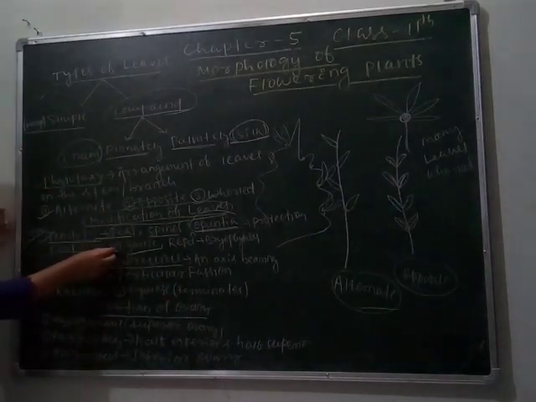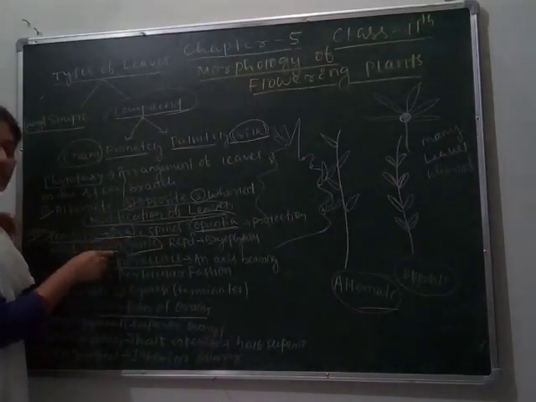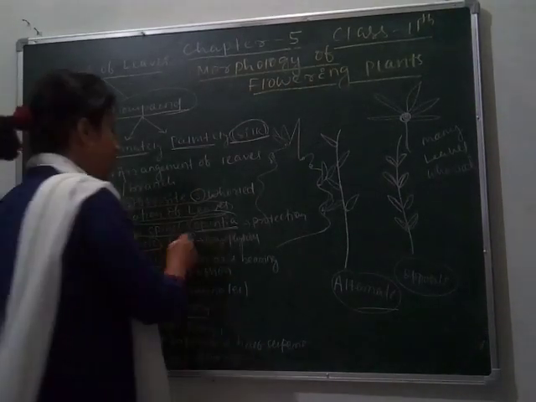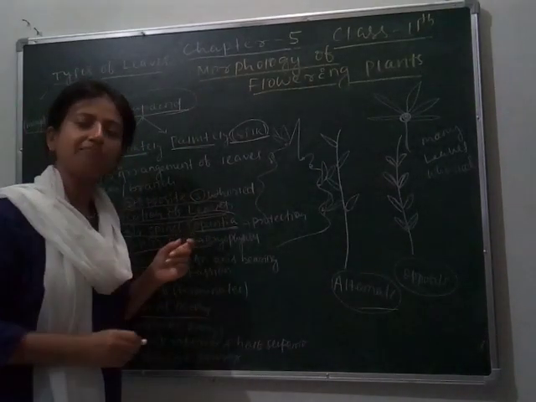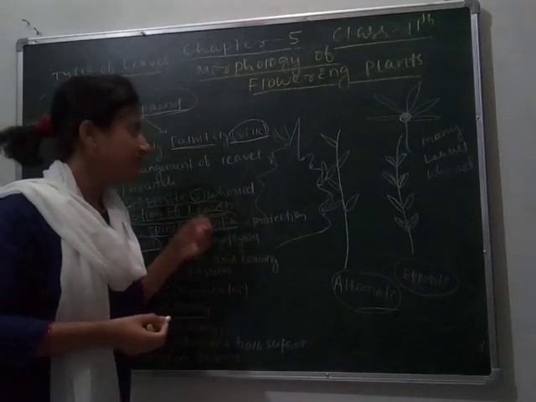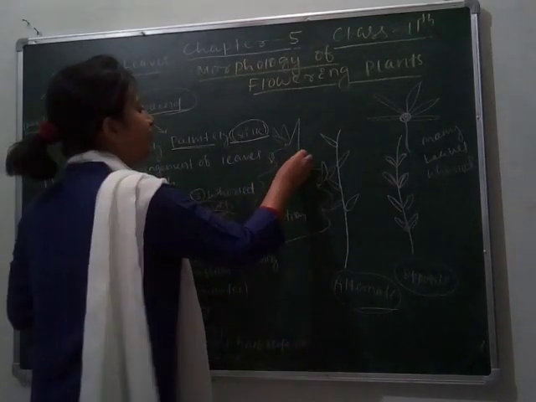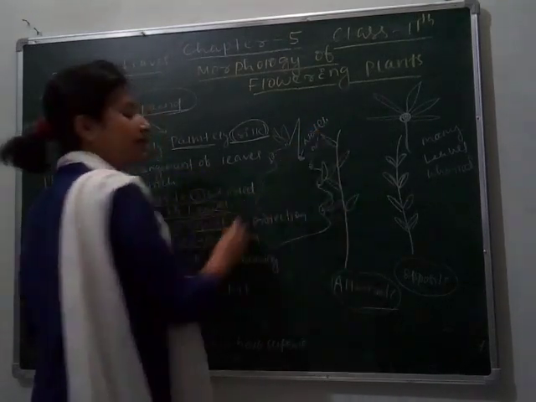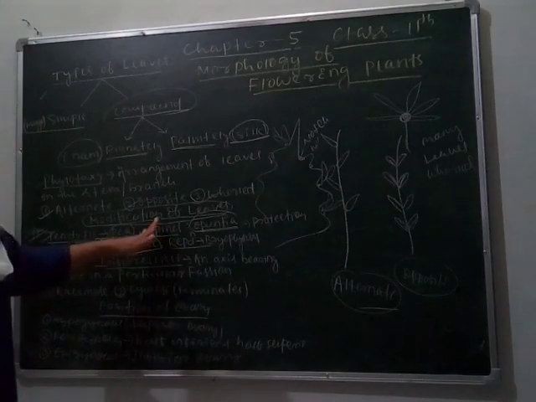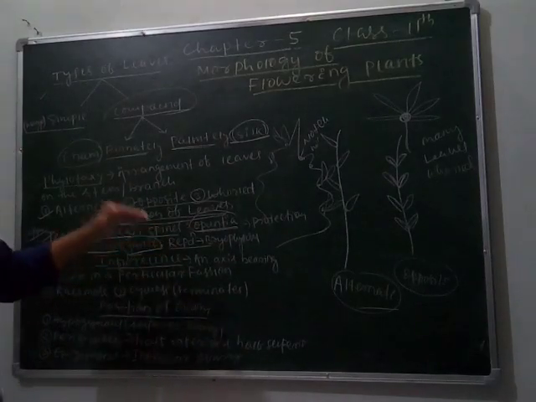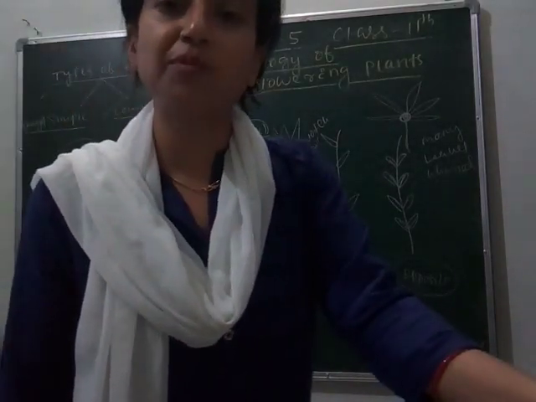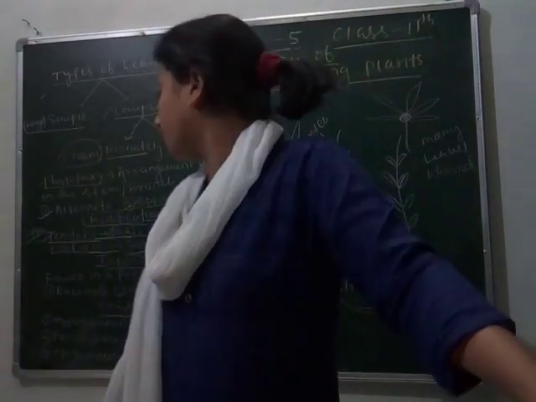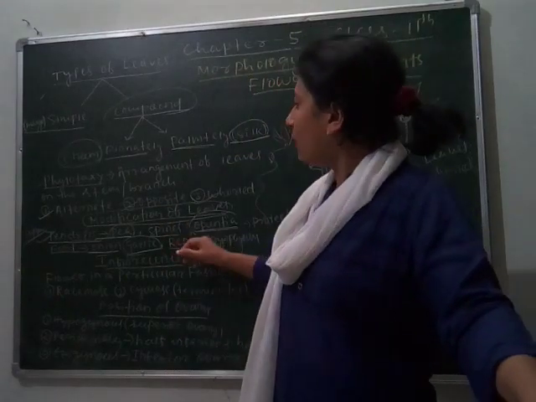Next is your onion and garlic, in which the leaf is modified into fleshy parts to store food. Again, for vegetative reproduction, Bryophyllum produces a new plant from its leaf nodes. This is called leaf nodes for its reproduction. So here we study four different functions of the leaf after its modification: for support, for protection, for storing food, and for vegetative propagation. So this is about your leaf.